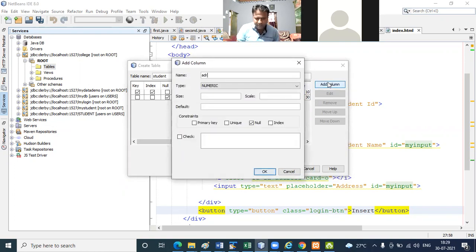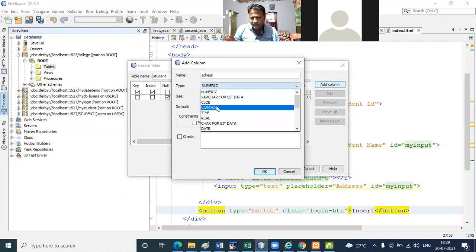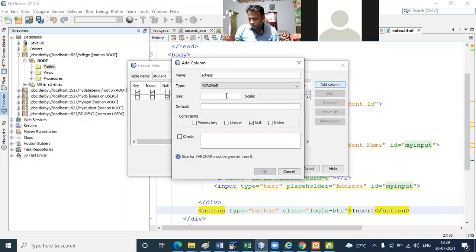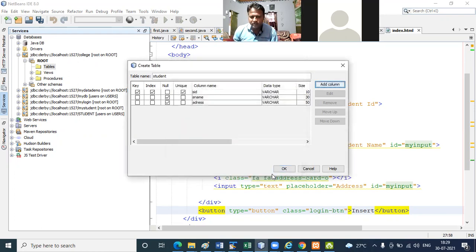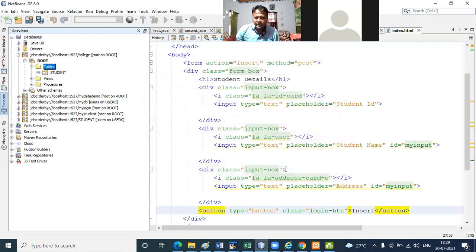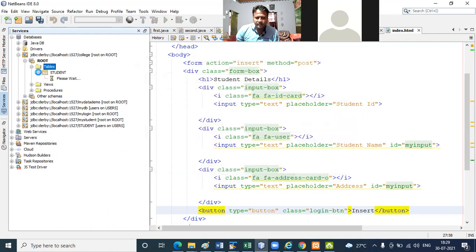Then I pass here address. Then Varchar size, suppose address is 50 characters, so I pass 50 here. Then I create the table. So table is now created.